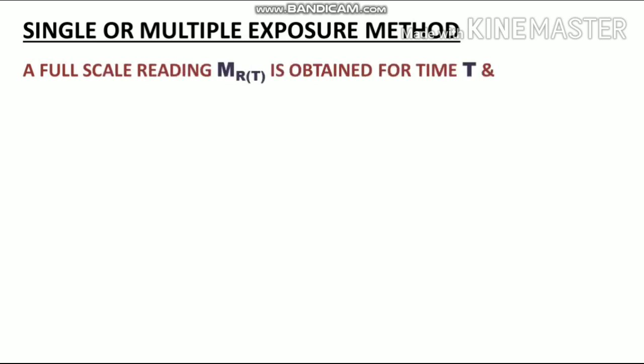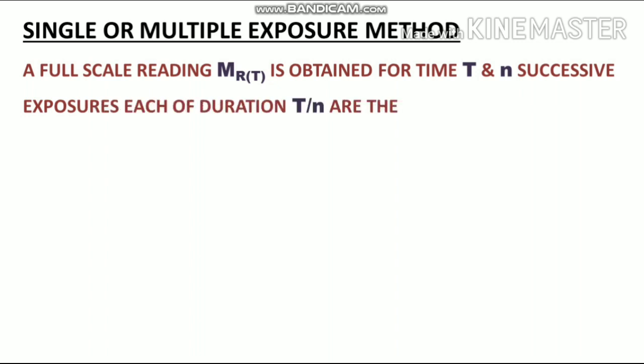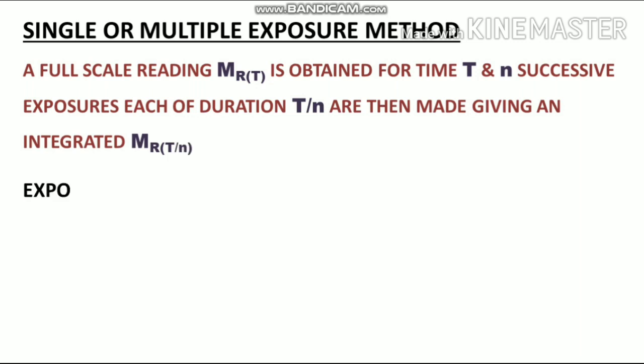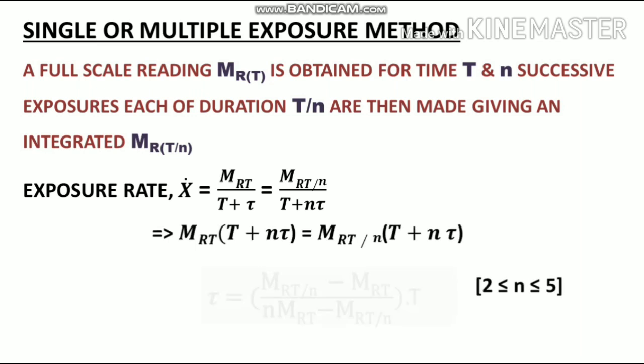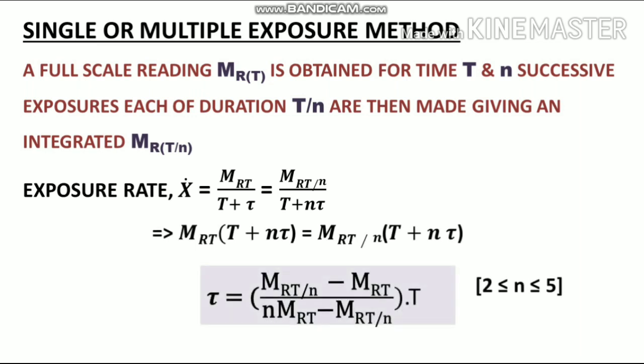The single or multiple exposure method is a modification of the third one. Here the total irradiated time is divided into n times and the chamber is exposed accordingly without stopping the electrometer. The shutter timer error is calculated accordingly, but n has a limit of from 2 to 5 according to TRS 398. All these 4 methods are using the concept of constant exposure rate or output of the machine.